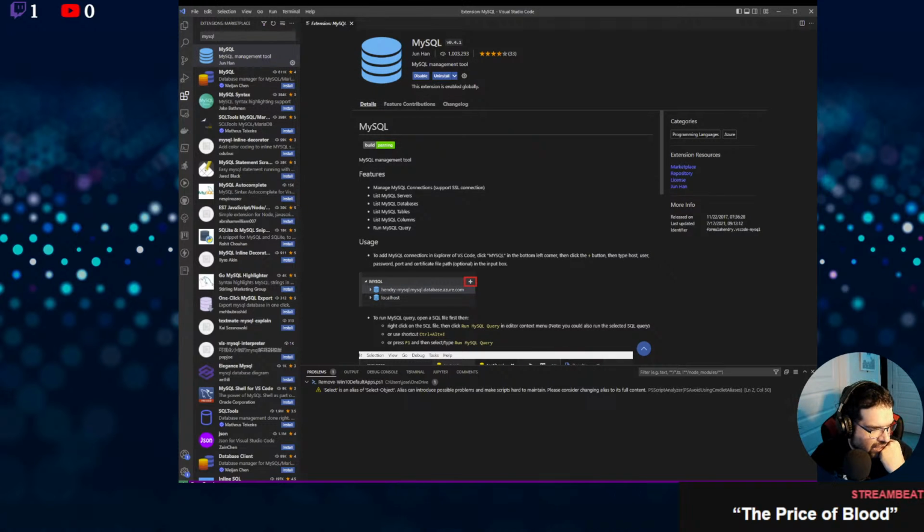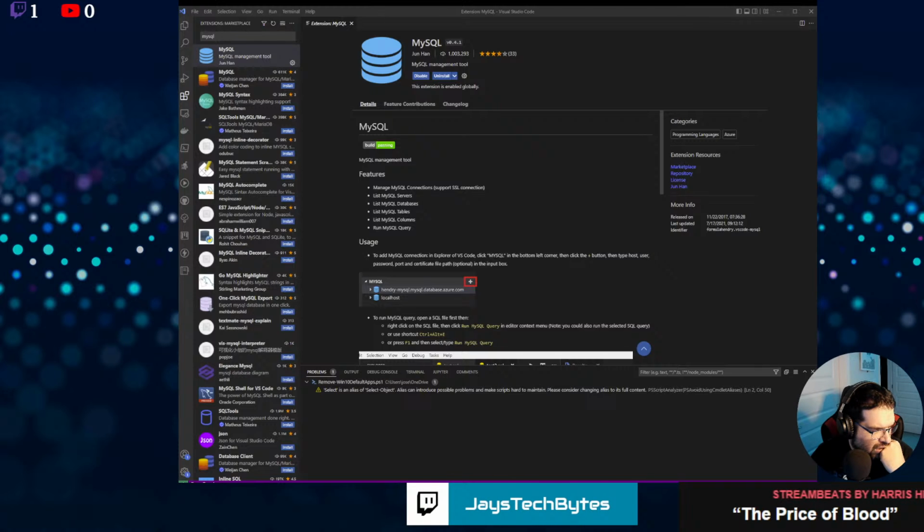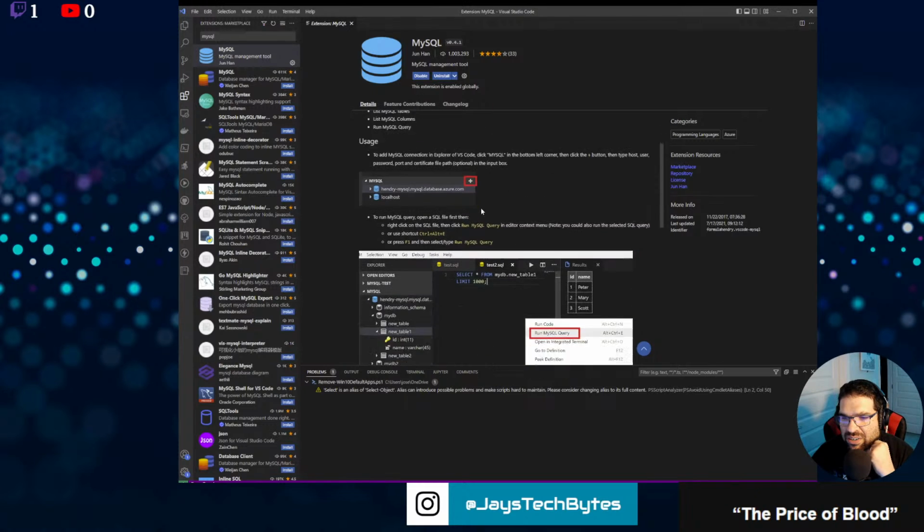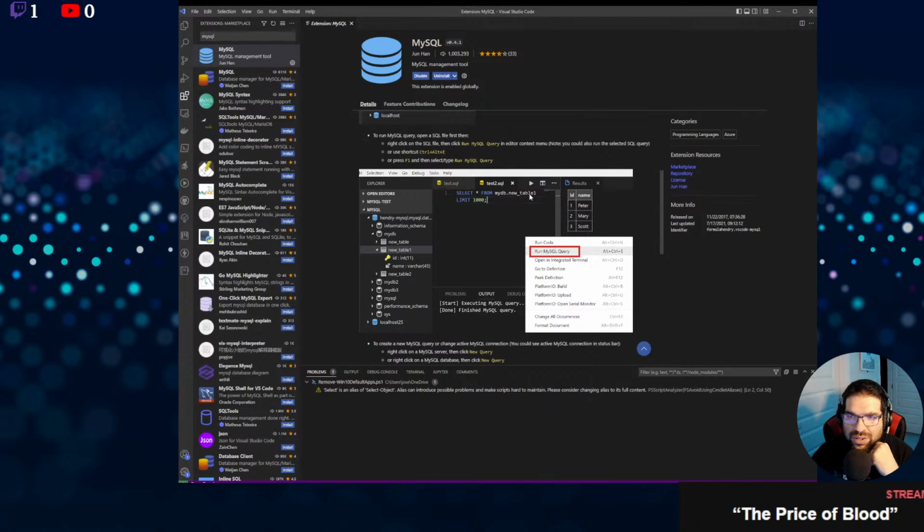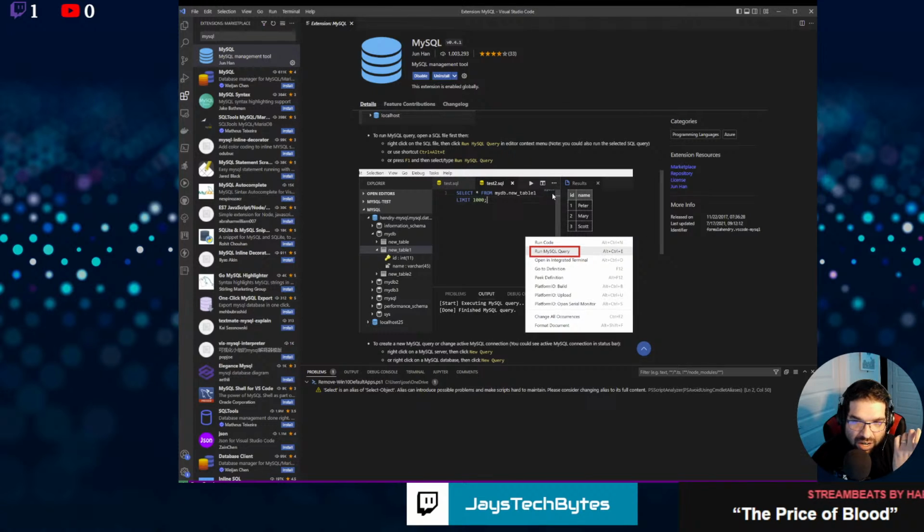Actually, I think I have a Docker container with MySQL. Actually, no, I don't. I cleaned out my Docker containers. I have to relaunch it. So I can go in here and connect to it and run queries directly from MySQL, and I can see it out here in results. So I don't need a MySQL Workbench.